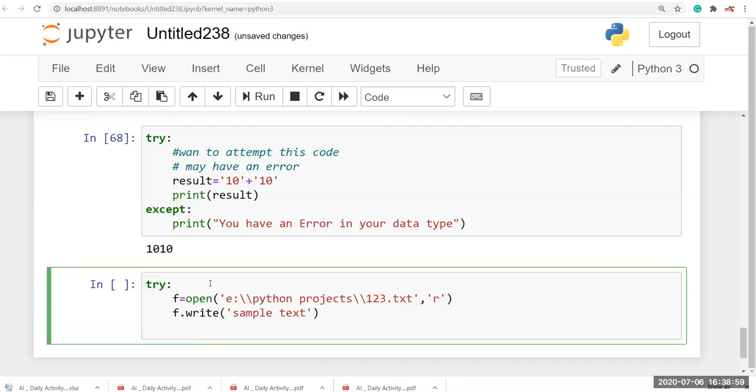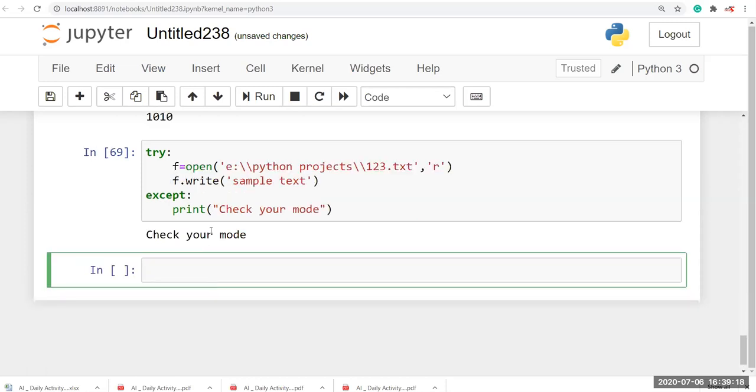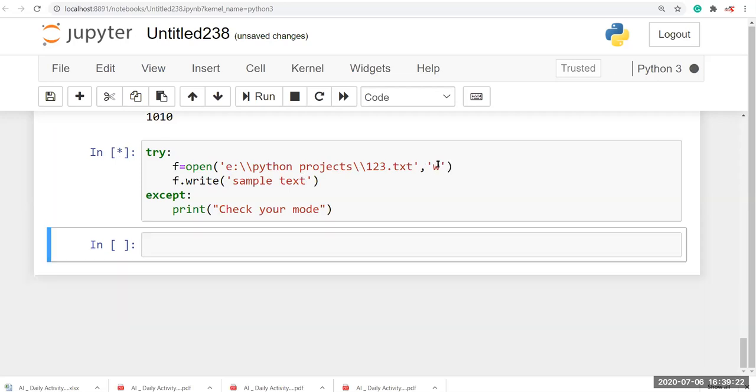Here I'm going to use except. Then print check your mode. Run this. So it prints check your mode, and here I'm going to change it to w.